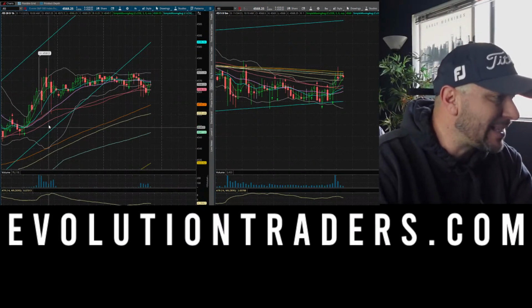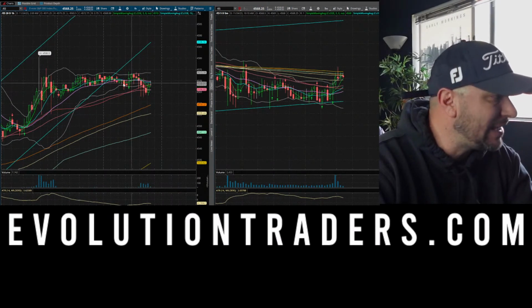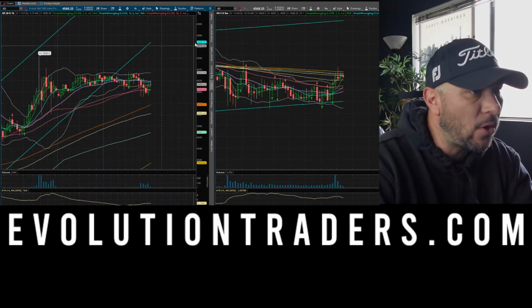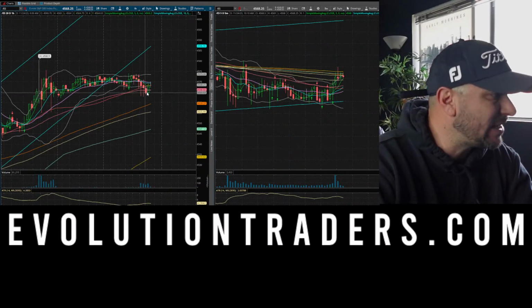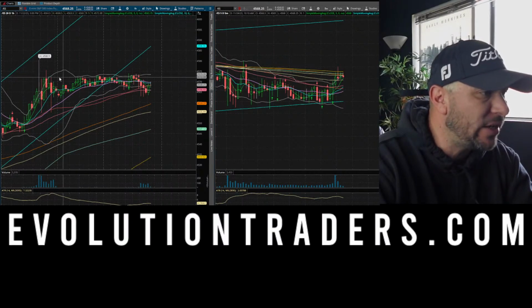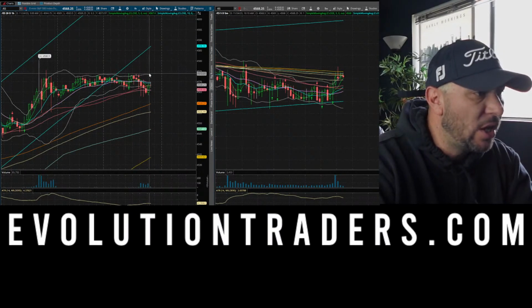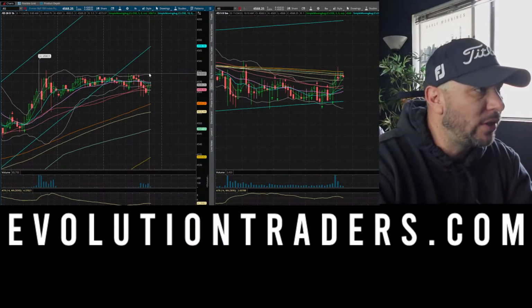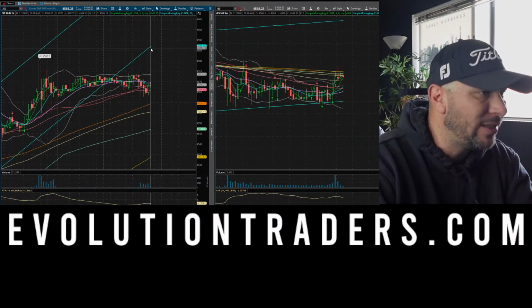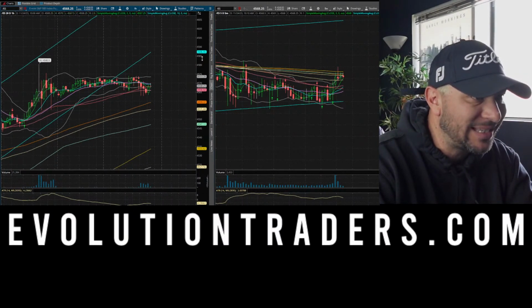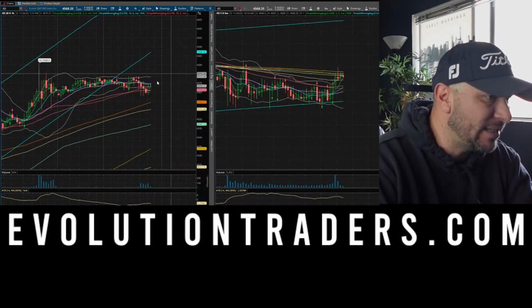Now the ES is basing out a little bit more to the high side, versus basing out on the bottom side like the NQ. We're holding this upper wave here. Doesn't necessarily mean that we're going to push to the high side, but we've got a lot of consolidation. What I would like to see is a break over 45.73 to really want to get long. We've got about 10 to 13 points to the high side to our next resistance level of 45.86.